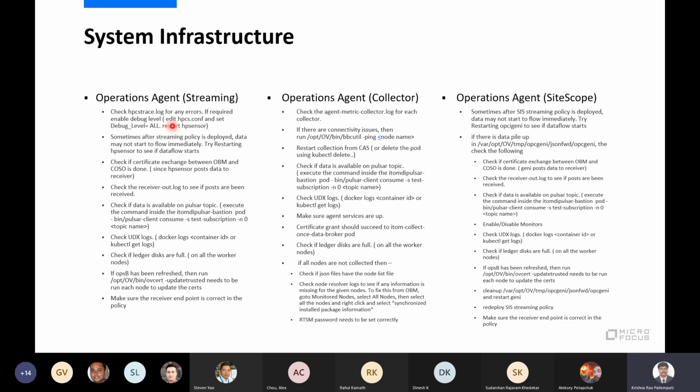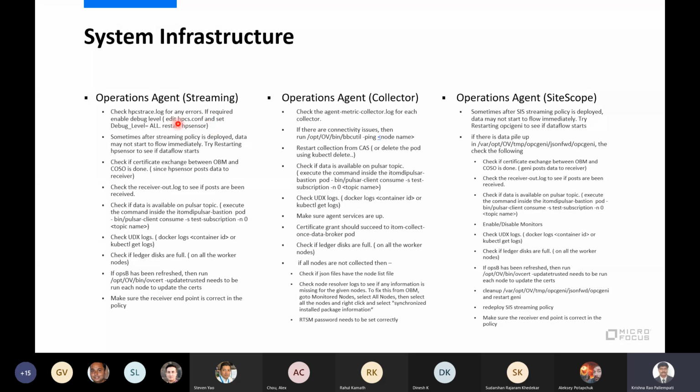For example, we edit the SPCS configuration file, set the default to all, restart the SPCS sensor, and then we will see whether the data is collected and pushed to COSO or not.